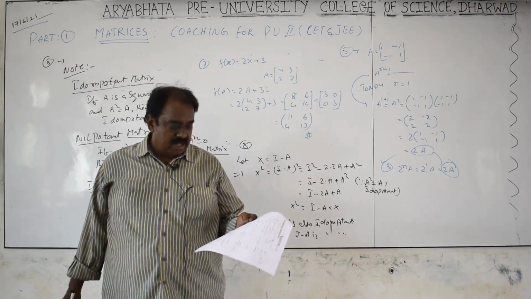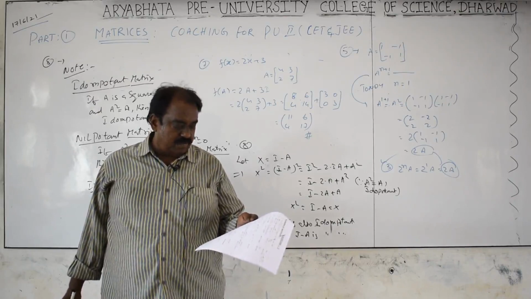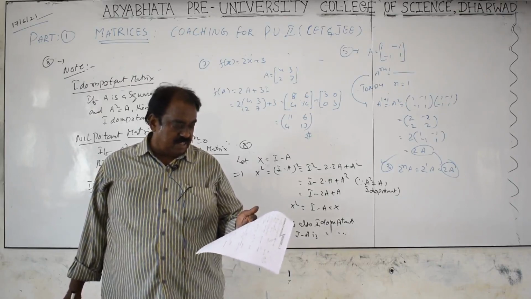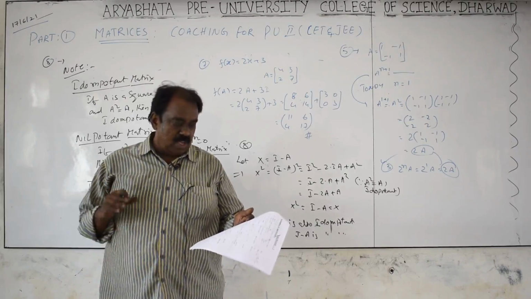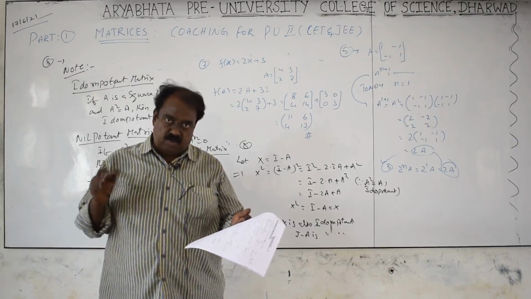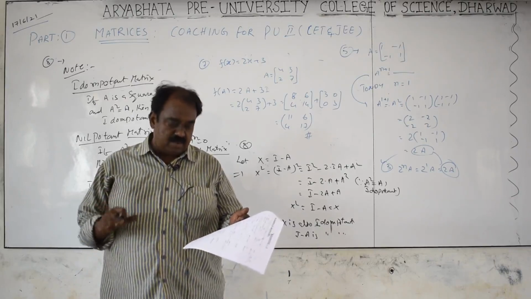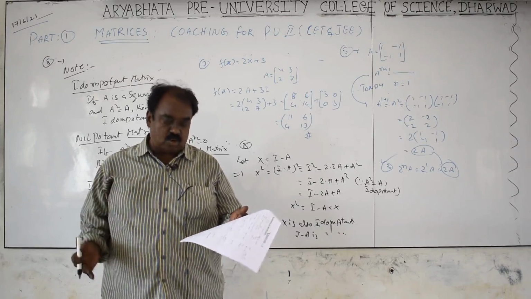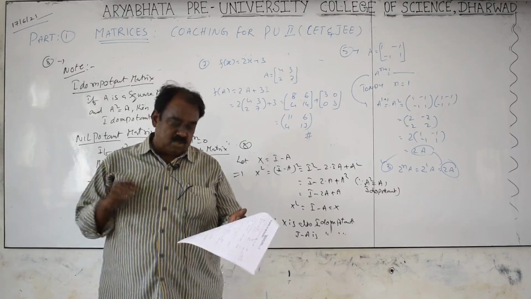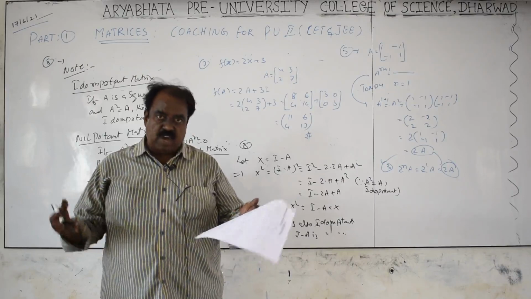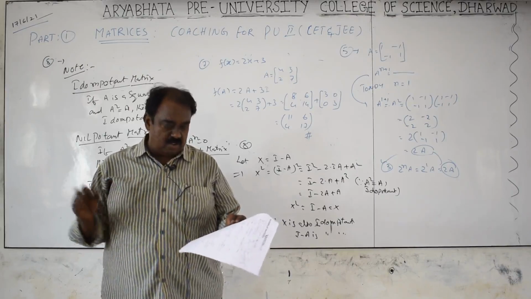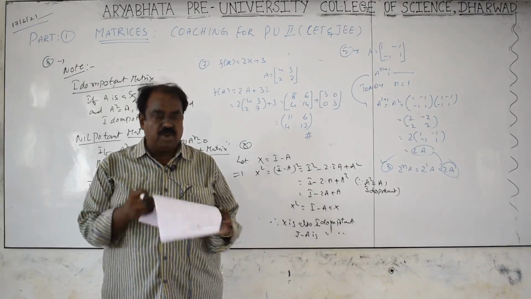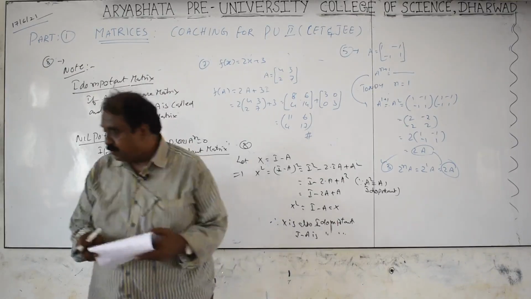Like that you solve the ninth one also. It is simple arithmetic. A, B is given; you find the sum of the two matrices A plus B and square it. Separately you find A square and B square and add them, both are equal. Through that you can find the values of small a, small b. It is a simple one, you may solve it.